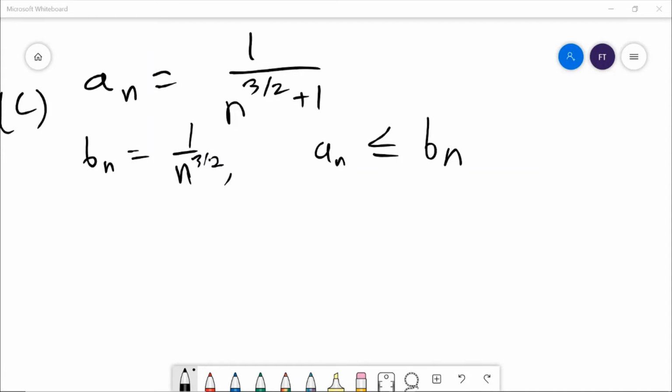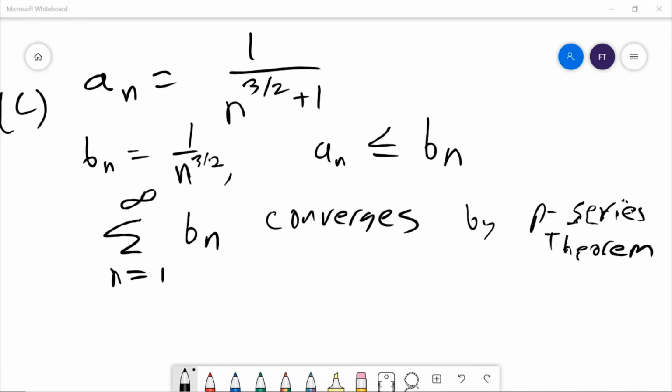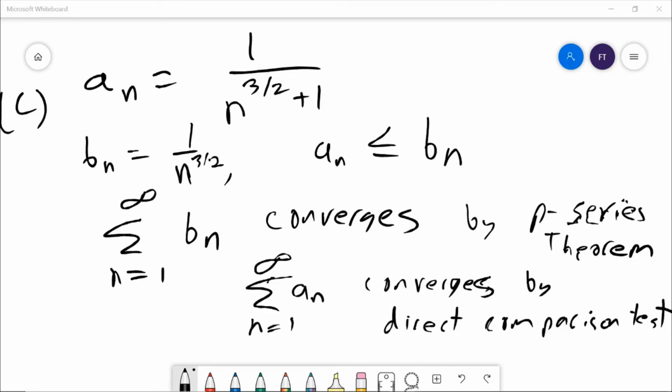For part C, we need to use the direct comparison test to determine whether the series converges or diverges. Here we see that our a of n is less than or equal to b of n. And we also see that the series n equals 1 to infinity of b of n converges by the p-series theorem. And since we know that a of n is less than a convergent series, it must be that the series n equals 1 to infinity of a of n also converges